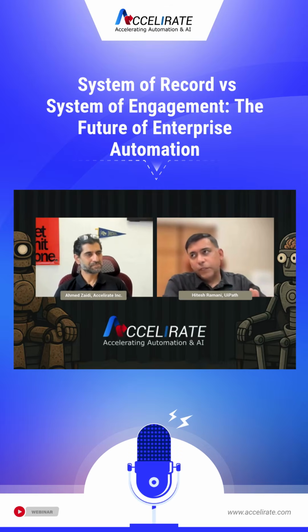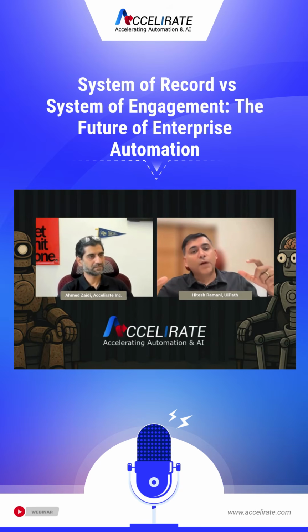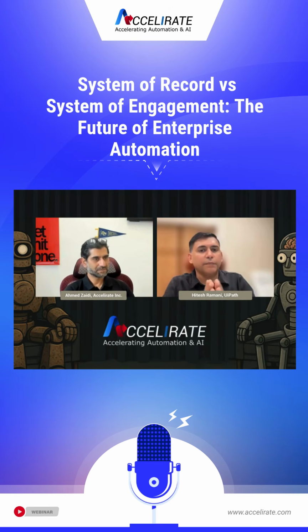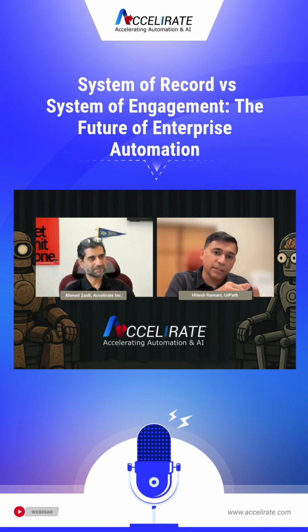The concept of agentic came into play, and now you are saying we can orchestrate an entire process. Because now you're talking about a different system of engagement, or system of action. What the world of AI has done is try to create a bifurcation between system of record and system of engagement. And why it is important is that engagement is done by humans, by AI agents, by your deterministic automations, and by enterprise systems that are in place.